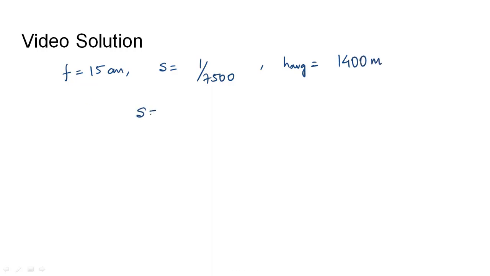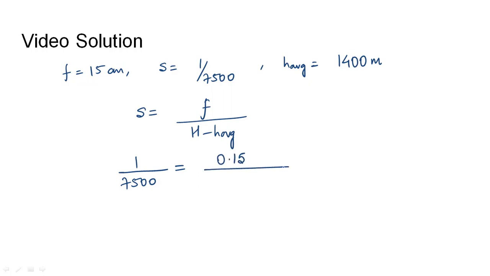Using the equation of a scale that was obtained in the previous slide, which is f by H minus the average elevation, here the scale is 1/7500, focal length is 15 centimeters, which will be taken in meters, divided by H minus 1400. This would give H minus 1400 as 1125, which would give the value of capital H as